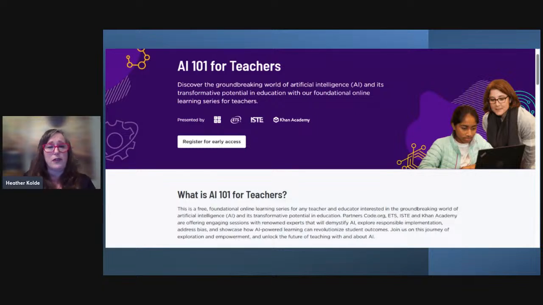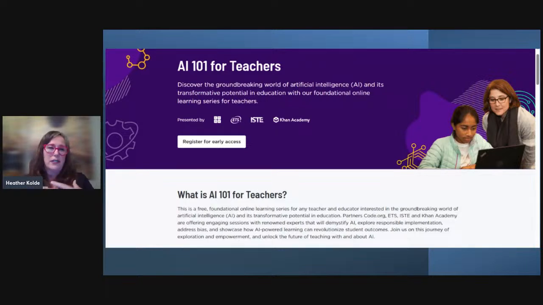One thing for those of you who might be new to this whole topic, starting out about AI, a really great resource is this AI 101 for teachers. It's put out by code.org, and it was a collaborative project between code.org, ISTE, ETS, and Khan Academy.